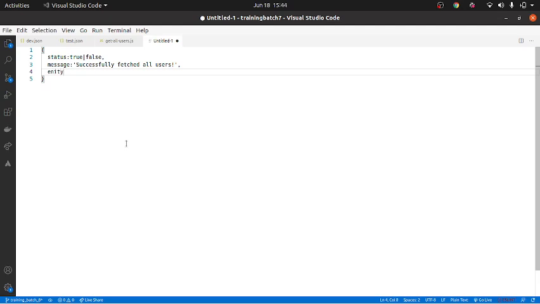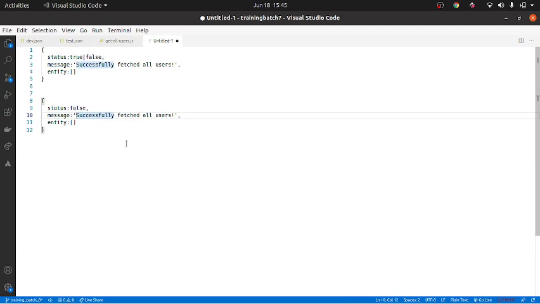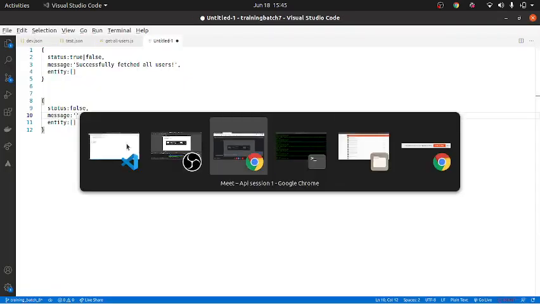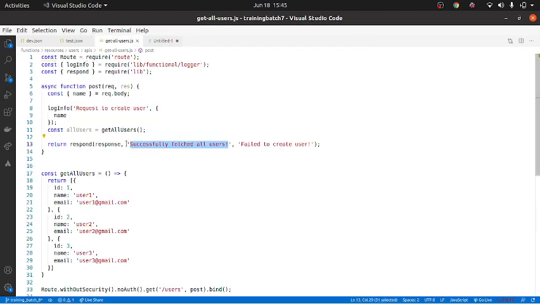Also, we have something called entity, and entity will contain all the users. Similarly, if it is a failure, it will be the other way around. You will have false here, obviously, and instead of successfully fetched users, it will be failed to fetch users.